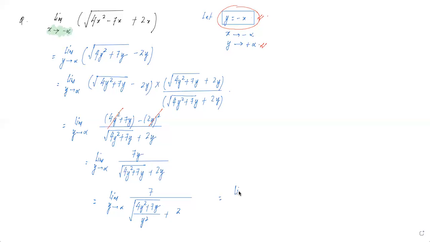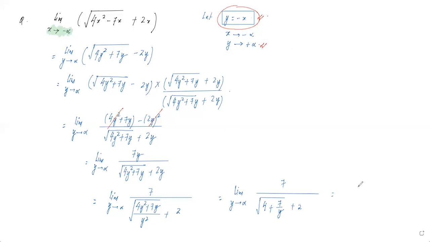Now this we evaluate. This is limit y tends to infinity once again. ऊपर में just 7, and नीचे what we can see, this is square root of 4y square by y square will give me just 4 plus 7y by y square, this will be 7 by y. As we can understand, we have taken 4y square by y square, y square cancelled, we got a 4. And when we divided 7y by y square, y and y got cancelled, we got 7 by y. With that plus 2 outside, that will still come outside this.